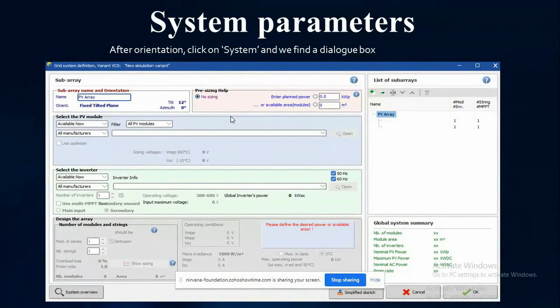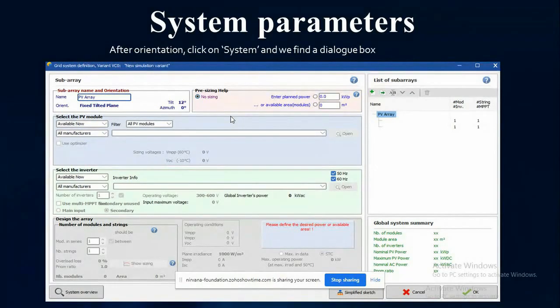In the drop box, we can find many manufacturers' modules, and when we select one module and open it, you can see all the specifications by the manufacturer, like VMP, maximum voltage, maximum current, VOC, ISC, and temperature coefficients, efficiency of the module, and the weight and dimensions of the module. Everything is available. So let us just select a Topson module,